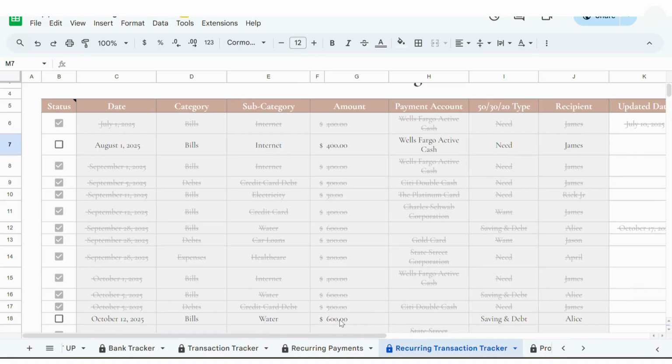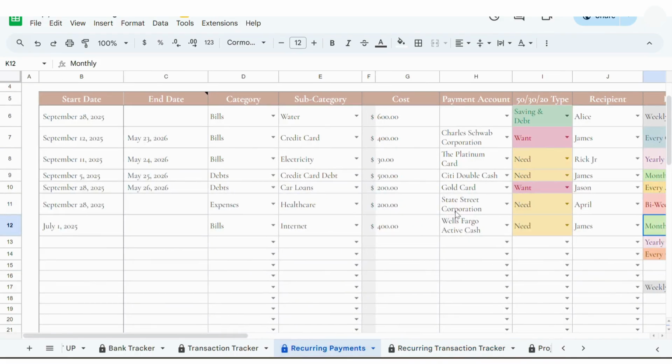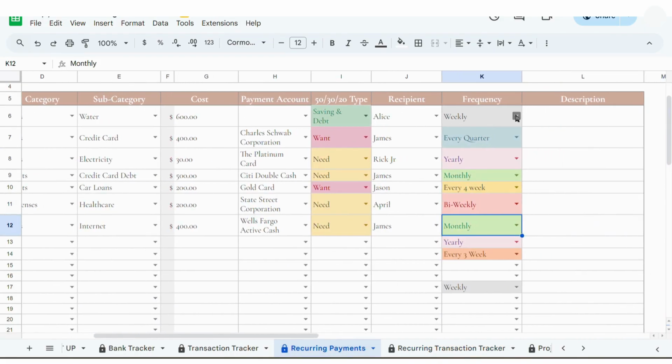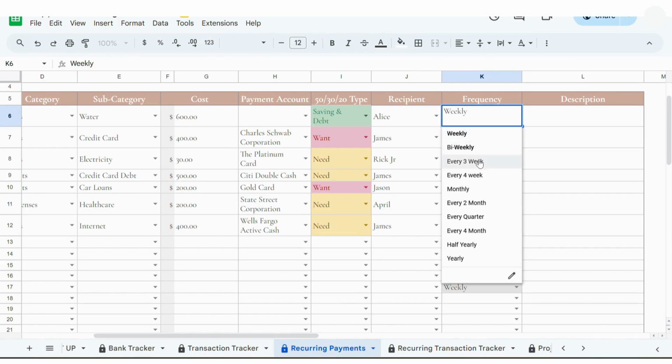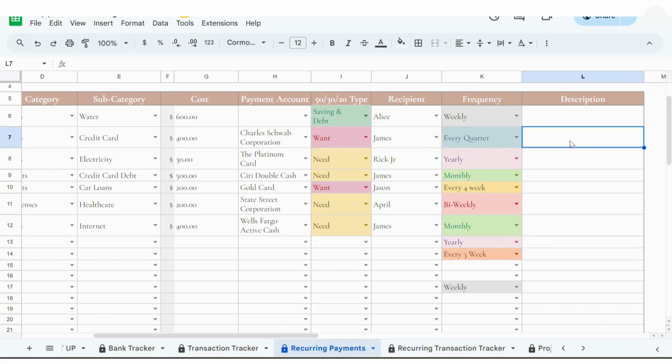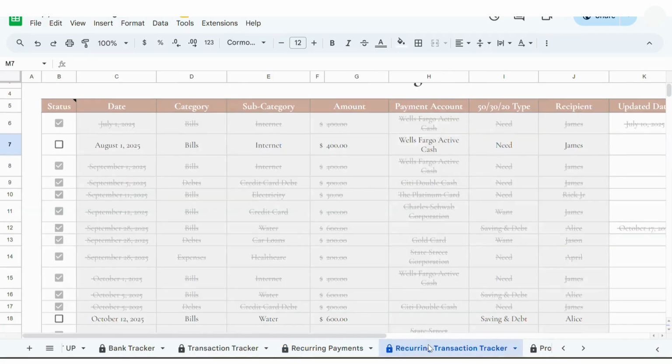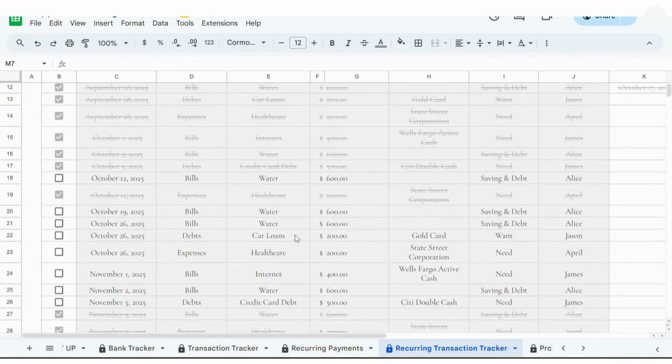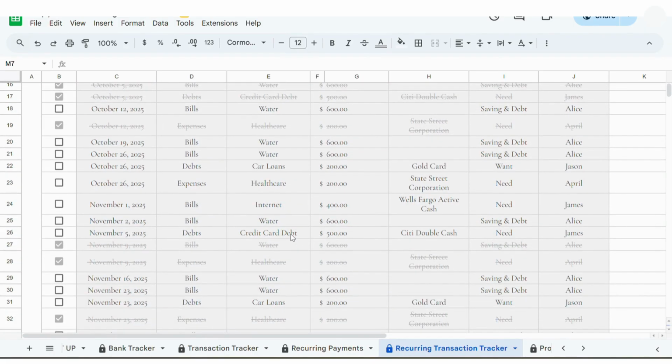So here in recurring payments you can also see there are various frequencies such as weekly, bi-weekly, every 3 weeks, every 4 weeks, monthly, every 2 months. So based on that I can choose any frequency for bill payments and it will reflect here, and once I pay these accounts I just have to click the tick, and only those transactions that I have tick marked as paid